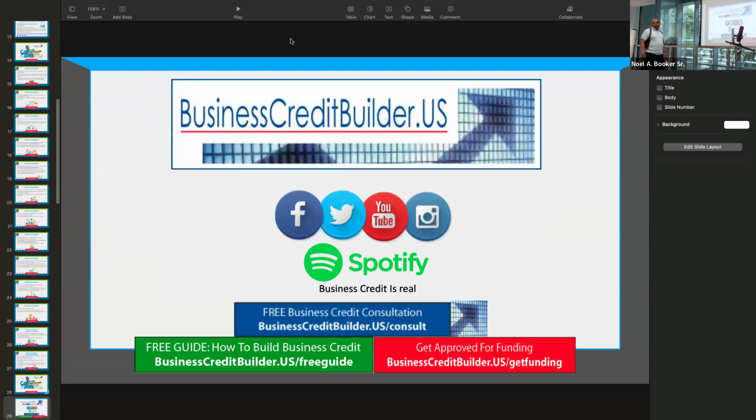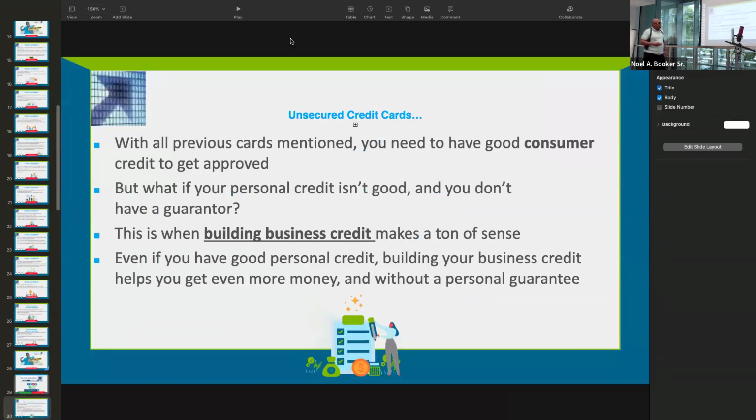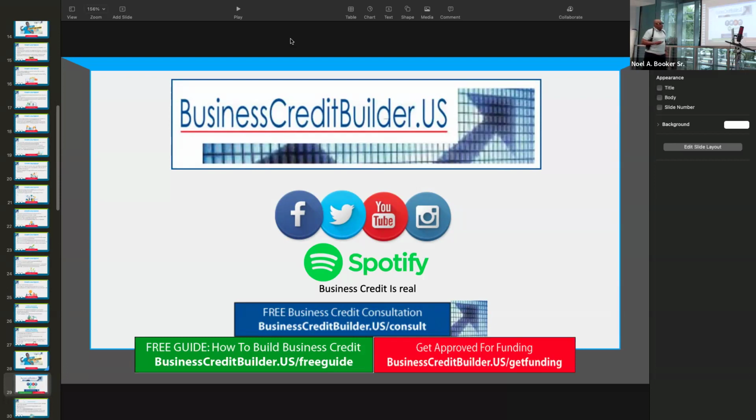Okay, so that's about alternative funding, right? So alternative funding also, I want to add on to that before we end this segment. That alternative funding, right? So most people that got a business, what they do is go to the bank, try